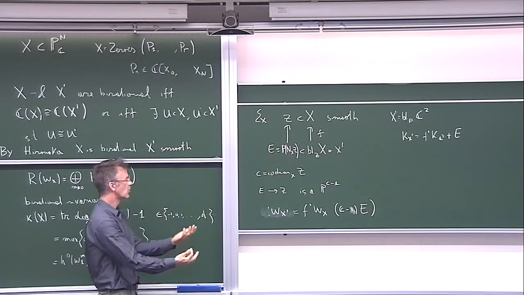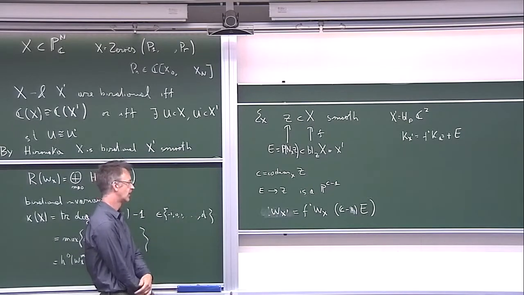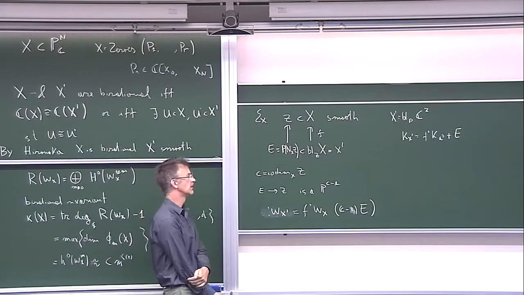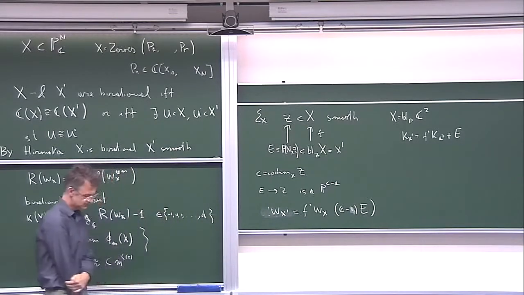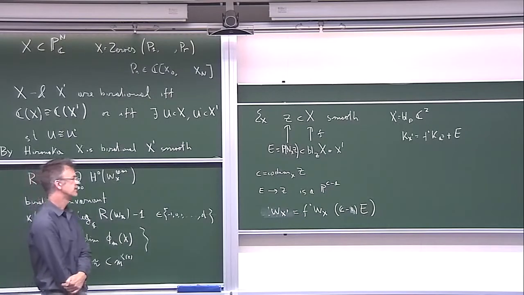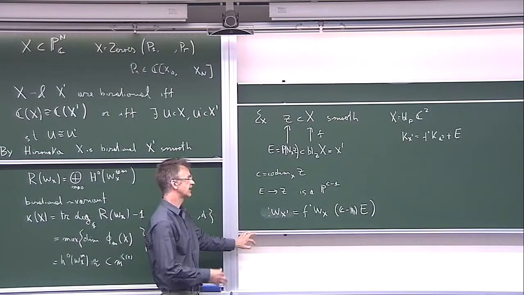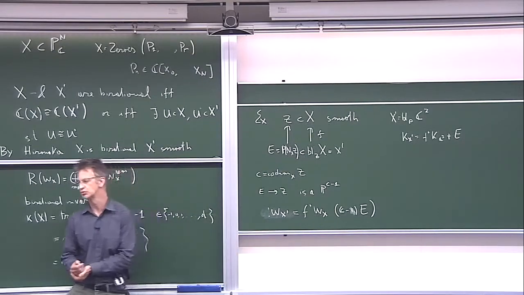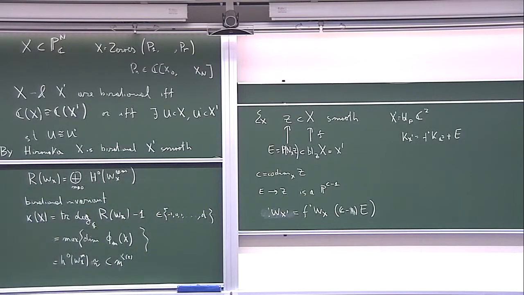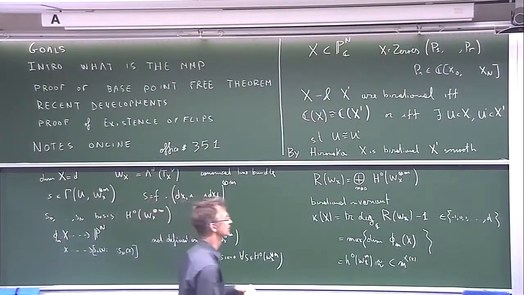And of course, if you blow up a smooth point in Cn, then the difference between the canonical bundles will be n minus 1 times the exceptional divisor. So in this and many other computations, one of the ways to check it is by using the adjunction formula, which we'll do several times in what follows. So maybe let me not do it right now, but let me just observe then that